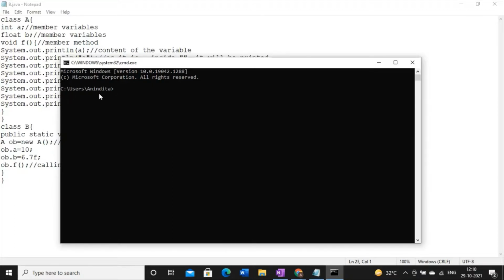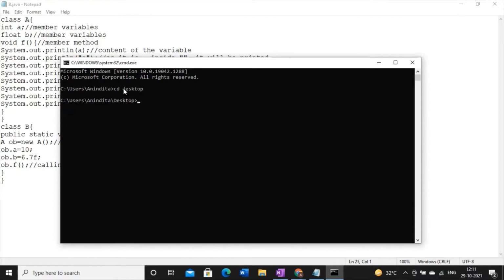But I have saved my file on the desktop, so I have to go to the desktop, because only after going to the desktop can I access the file b.java. So I will write cd, meaning change directory from this location to desktop. See, now I am at the desktop and we know that the b.java file is on the desktop. So now I can access that file.